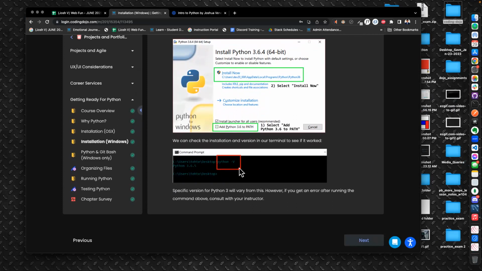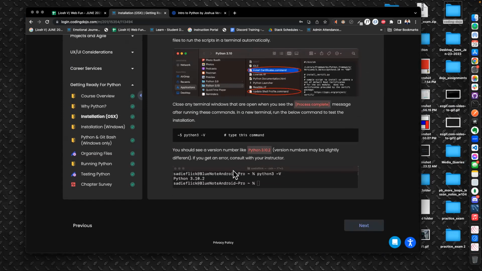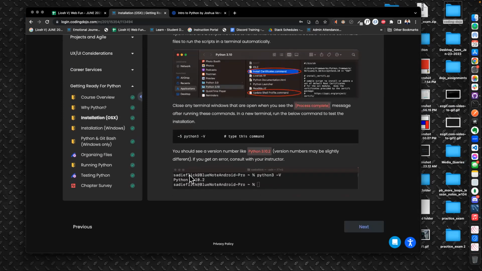If you're on a PC, you should be able to write python -V, and on a Mac, you should be writing python3 -V. Okay, so this is going to be a slightly different test to see that we met our end goal. Mac users are typing python3 -V. PC users are just typing